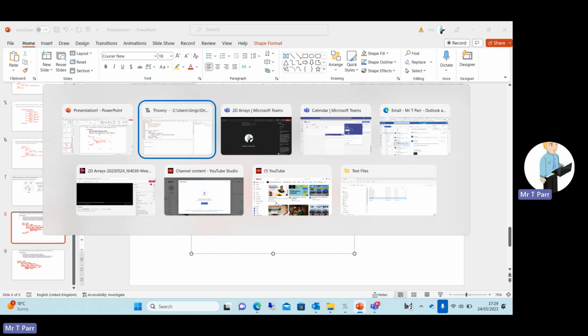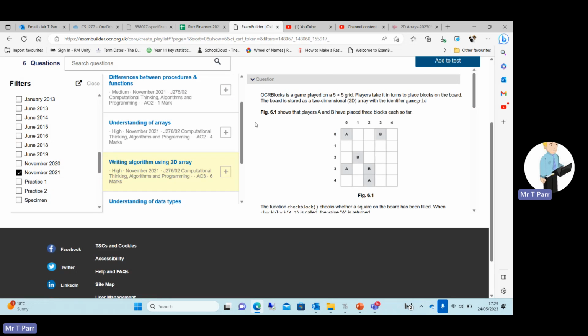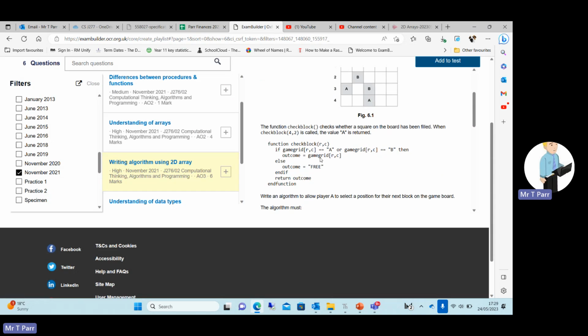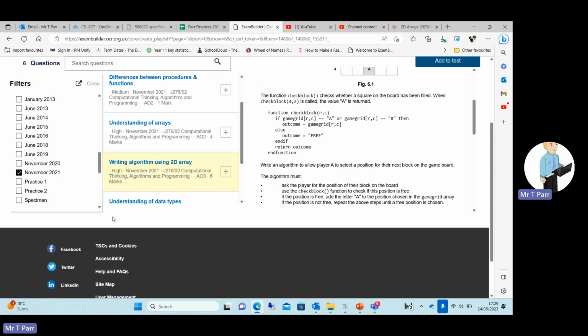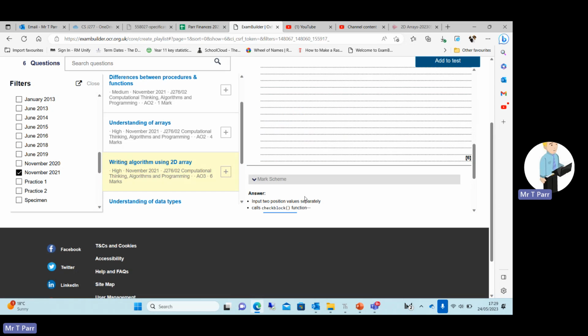So if I can find it, the actual mark scheme. Okay, so if we go through, you can see here this is 6 marks. It's a high value question. Marks are awarded like this. 1 mark for input 2 position values separately. So if we go back to my answer,